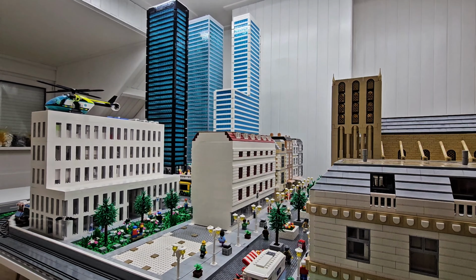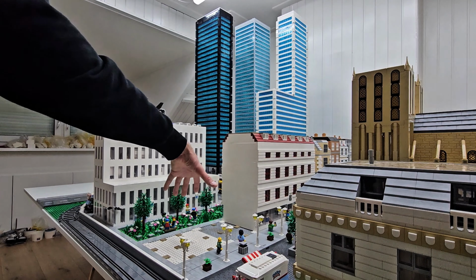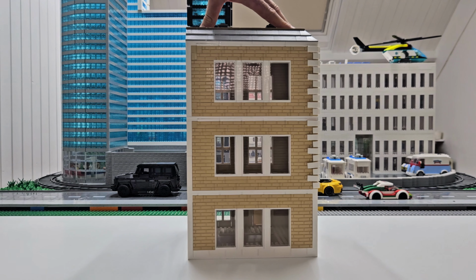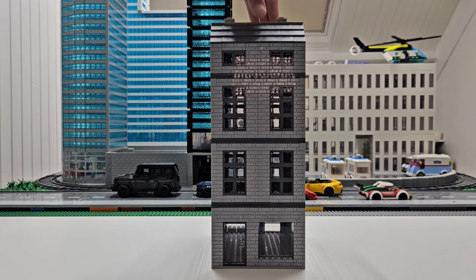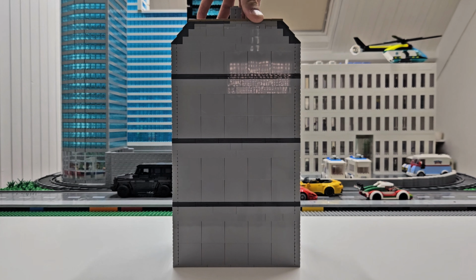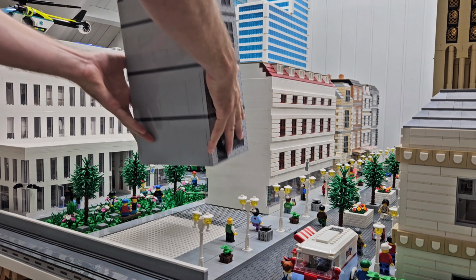The first building is a luxurious corner townhouse made from light tan masonry bricks and white window frames. The corners of the townhouse are finished using a well-known building technique often seen in historic architecture. The gray section is not visible from the outside since it forms an interior wall that connects to this stunning second building made from light and dark gray bricks. Personally, I think these two colors work really well together, and I can't wait to see how they blend with